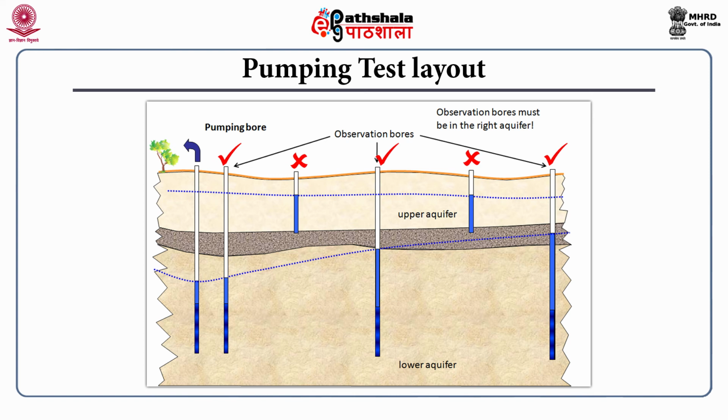Now, this is another picture which shows the drawdown and the pumping well network. One should be very careful when doing this pumping test in the field. So, all these pumping well and the nearby observation wells must have the same type of aquifer. One cannot consider the unconfined aquifer with the confined type of aquifer for doing this pumping test. Here all these observation wells as well as the pumping well should be there either in the confined aquifer or in the unconfined aquifer for characterizing that respective aquifer media.